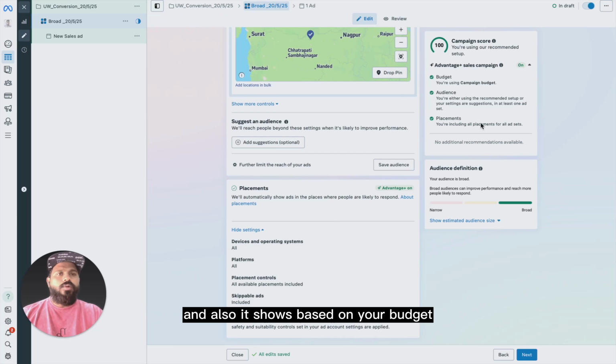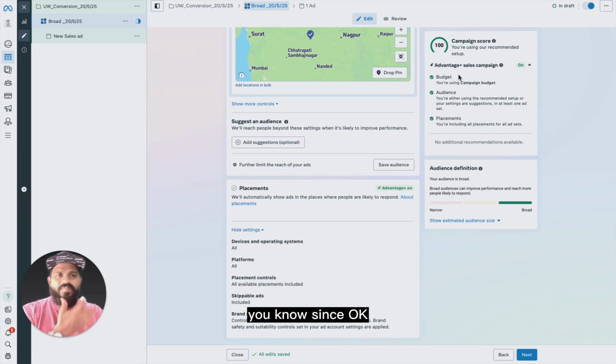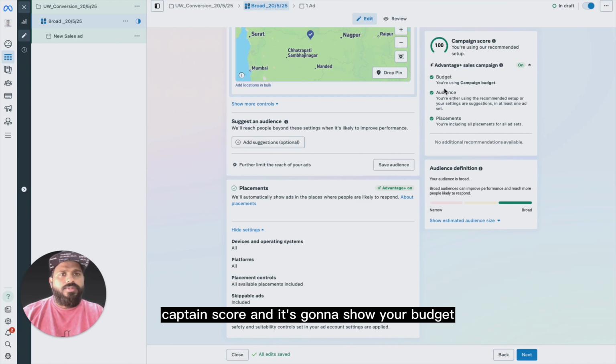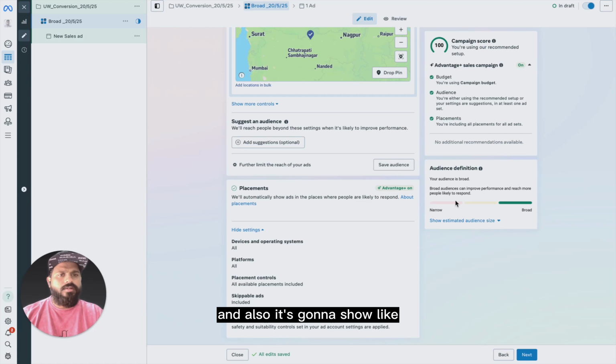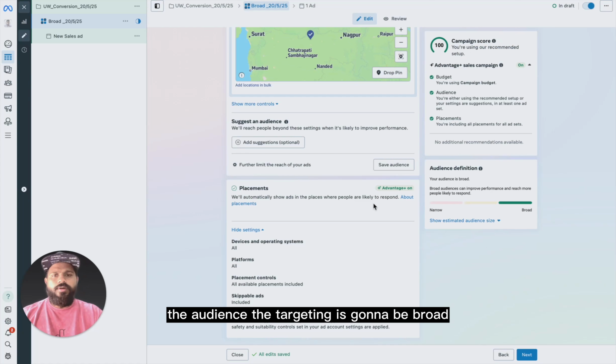Most importantly, it also shows your budget based on the campaign score, and it's going to show your budget, audience and placement. The audience targeting is going to be broad. So I'm just going to click on next. Let's go to